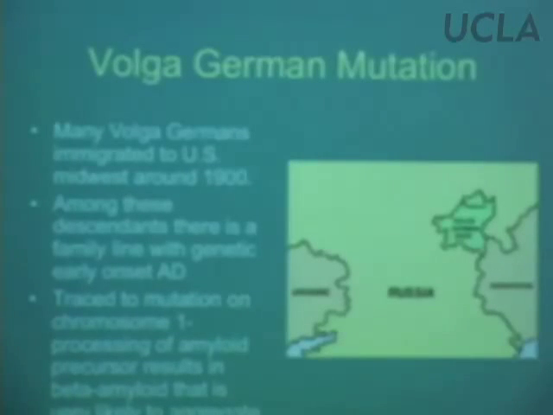Okay, so one of the mutations that has been studied most extensively, at least that I know of, is the Volga-German family mutation. So make a little segue into European history. I promise it'll be brief. Catherine the Great invited people from Western Europe in the 18th century to come settle in areas in Russia to get the population up, and they could farm and civilize their region to some extent.